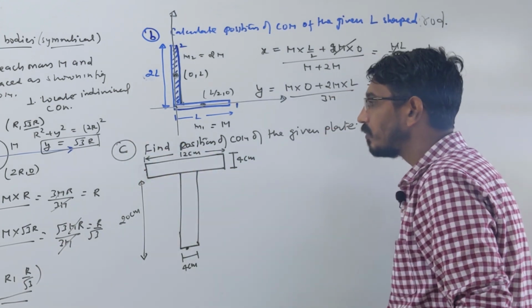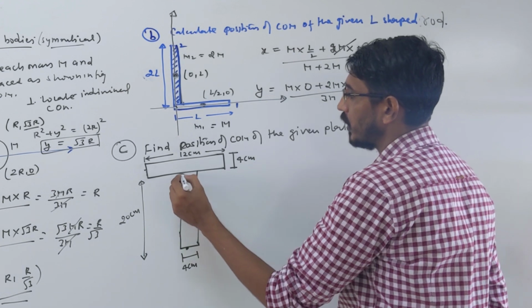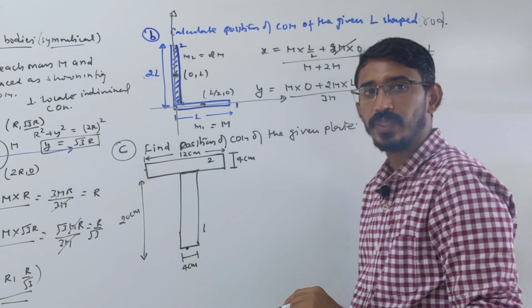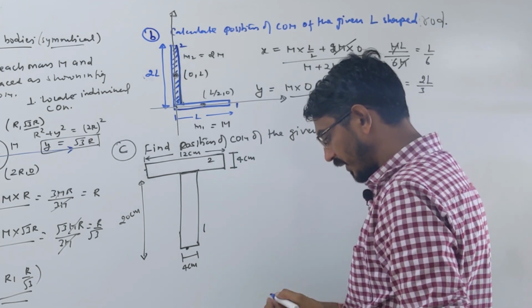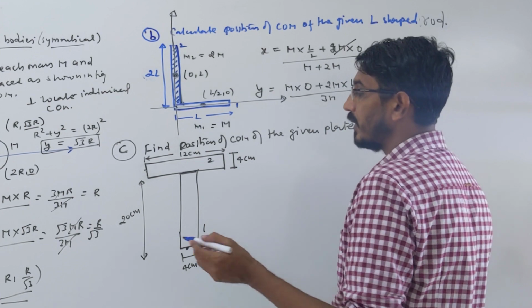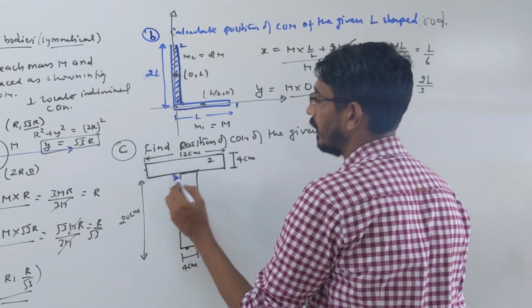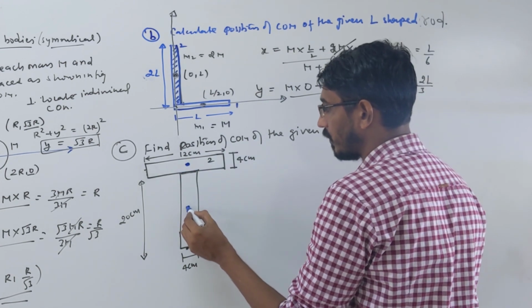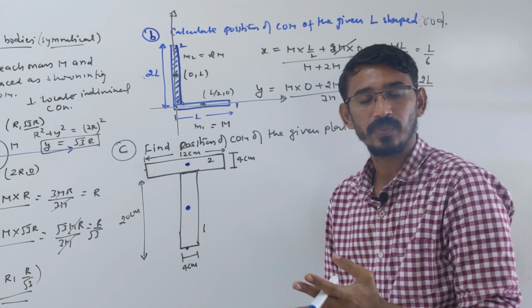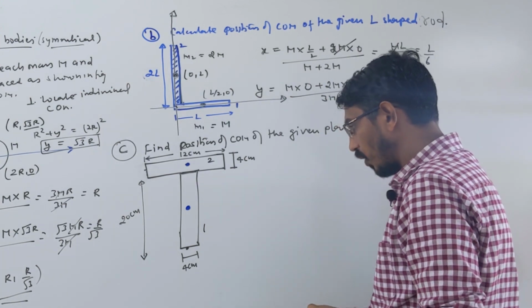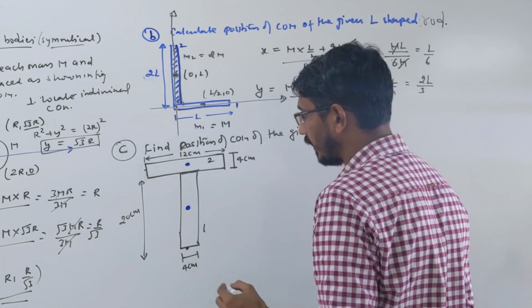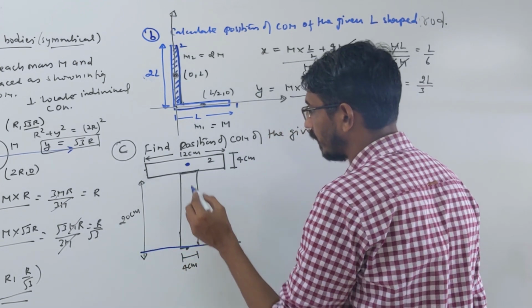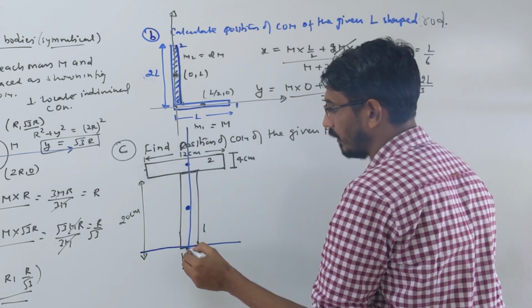Now these are simply two bodies. This is body number 1, and that is body number 2. First, the same procedure: locate the individual center of mass. For this plate, the midpoint is here, and for this body, the midpoint is here. The geometrical center is your center of mass. Now you choose a coordinate system. Generally in this type of question, a reference is given, and this is your origin.